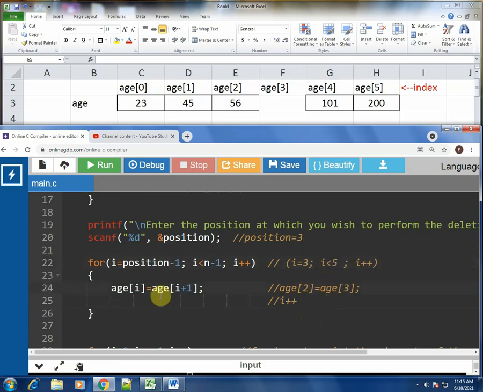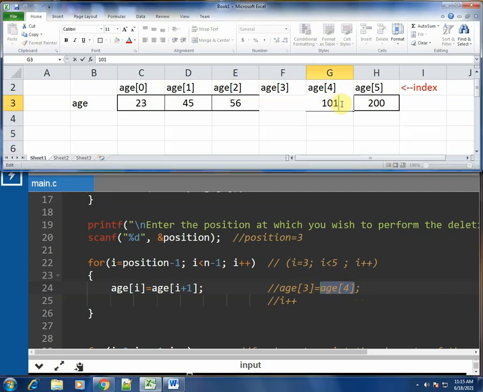This time i is 3, and 3 plus 1 is 4. Let us see what is there at the fourth index. 101 is present. Let us cut this and put it at index 3. As you see, at index 3, 101 comes.